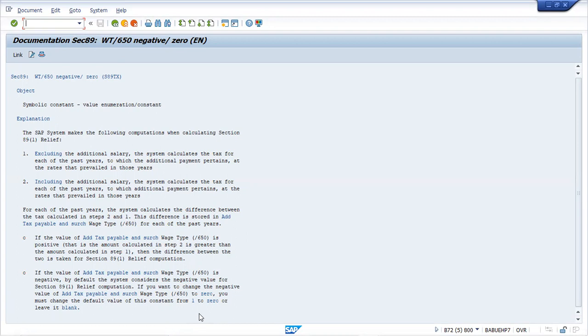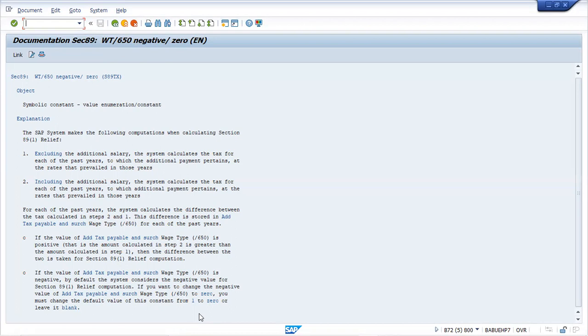So what did you understand from this? What it is saying is that by default the system considers the negative value. Suppose you are selecting 1 here.